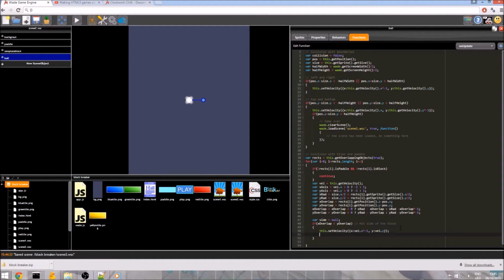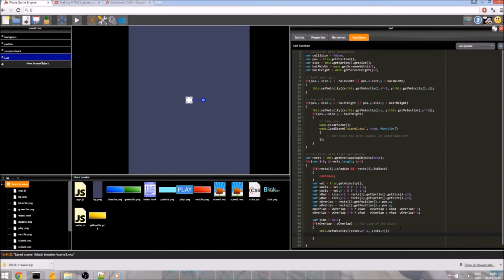Now really, we don't have to do this, but I'm also going to correct the position. I did not do this with the boundaries. When the collision is detected, we may not be on the very edge of the object. We may already be partly inside it. So as well as reversing the velocity, we also need to nudge the object slightly, and that is another reason we calculated the overlap.